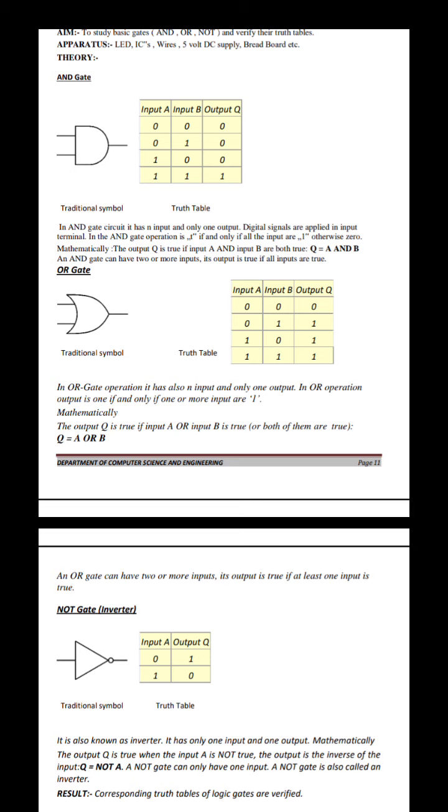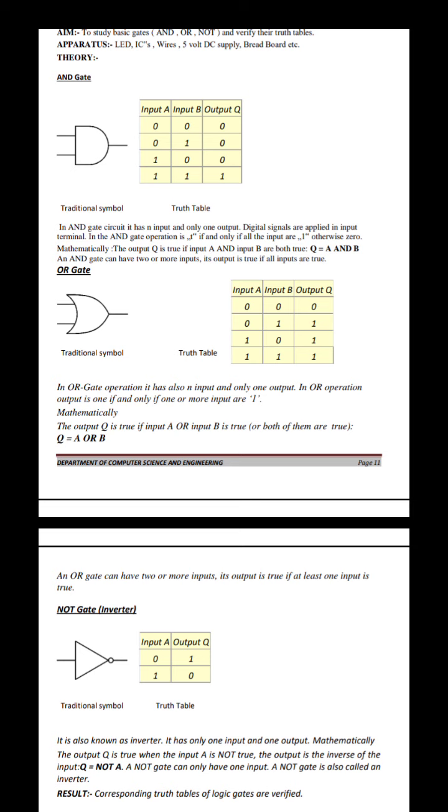And then the NAND gate. The NAND gate is also called a universal gate, because from the NAND gate you can design any type of logic. Similarly, the NOR gate is also one of the universal gates, because from that NOR gate we can develop any type of logical operation. The NAND gate IC number is 7400. So IC 7400, that is a NAND gate.